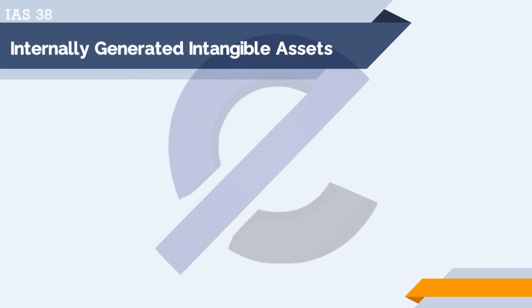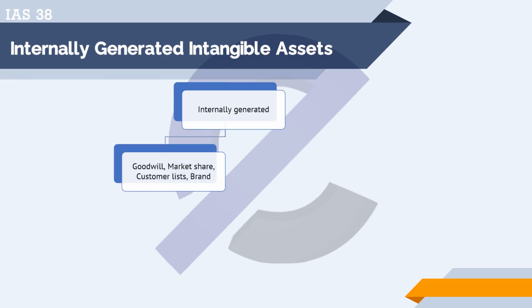Starting off with different types of internally generated assets. First of all, we have already discussed the internally generated assets which are never going to be capitalized in the statement of financial position. Why? Because they are not separable from the business. These include goodwill, market share, customer lists, internally generated brands, etc. But then, in case of IAS 38, at times an internally generated expense is incurred for a separate project. Now, because it is separable, another criteria is applicable on it.